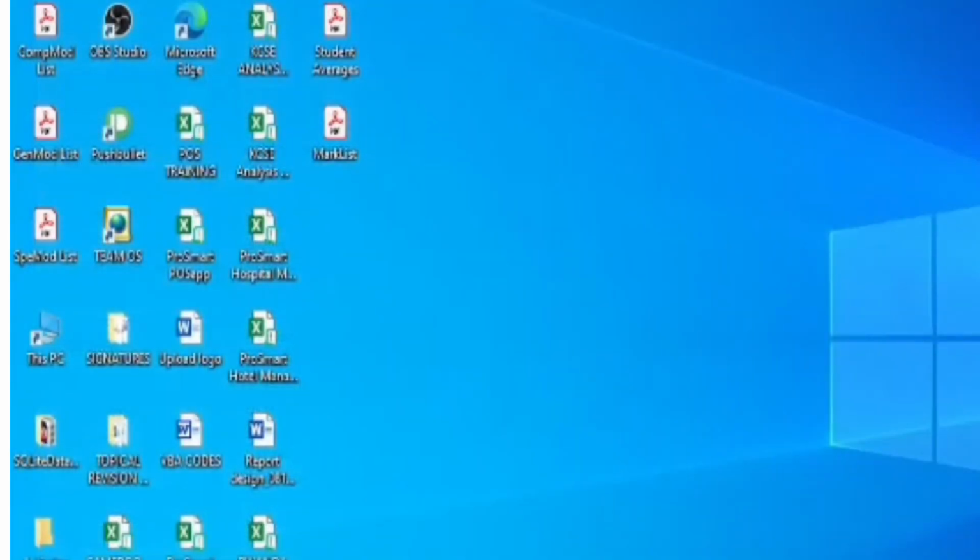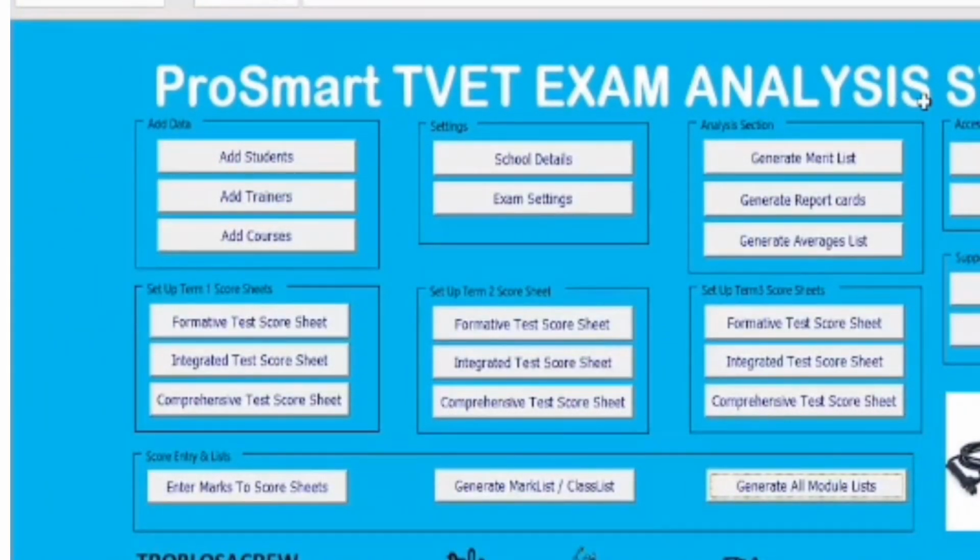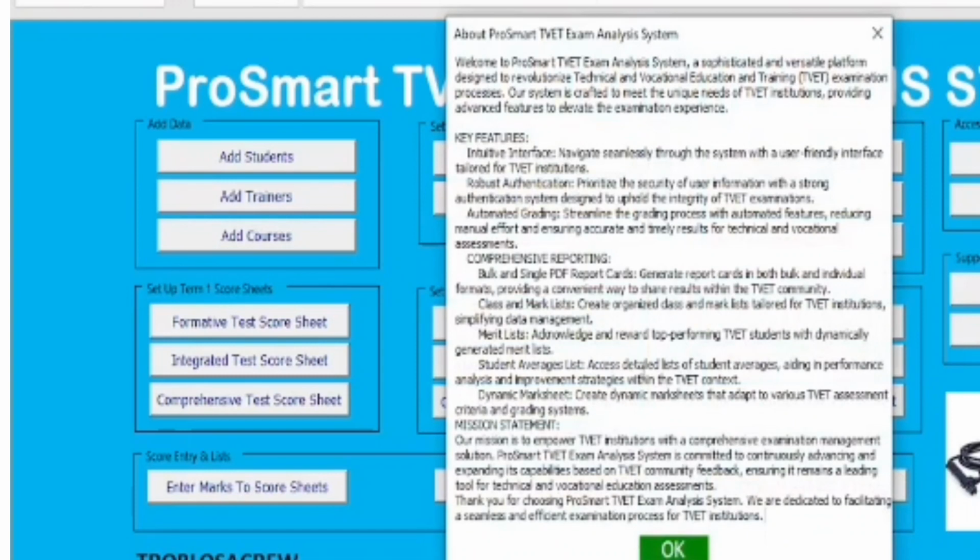Okay, so let me come back to where we are. So that's how you'll be using that particular system. I can see it's very nice. Then we can also look at, about here, just some brief